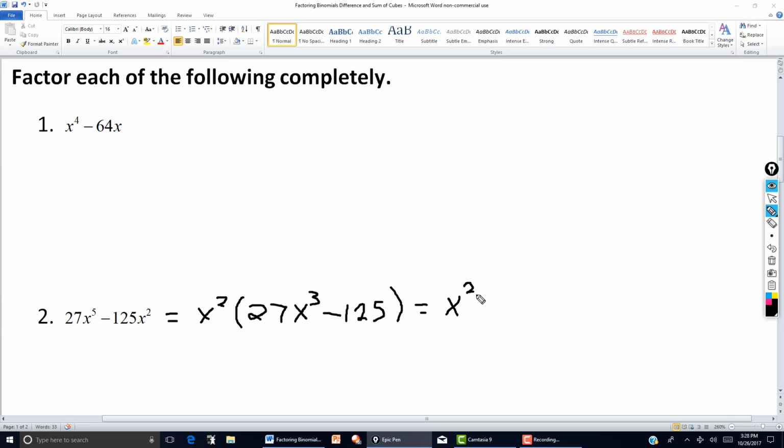Okay, so x squared comes along to the right, and then I have the difference of two cubes. So I take the cube root out, 27x to the third. We say that's 3x. And then cube root of 125 is 5. It's 5 times 5 times 5, or 5 to the third is 125. And then the second factor is obtained by, again, squaring, that's one of the formulas, squaring the 3x. So you square that, you get